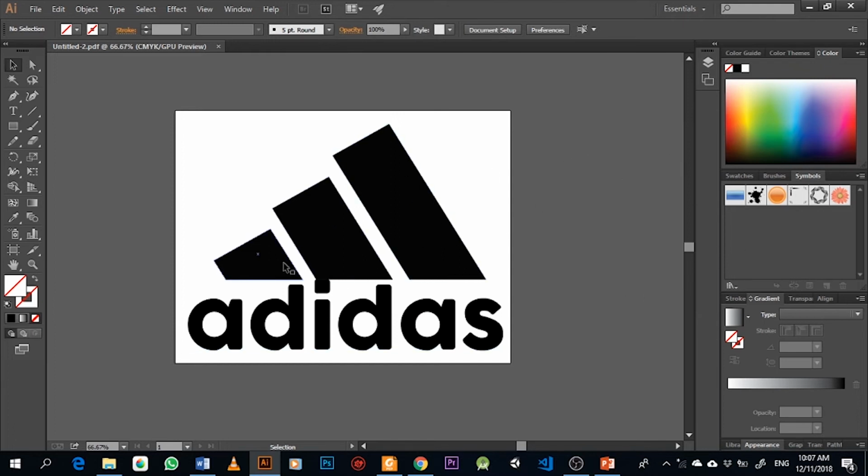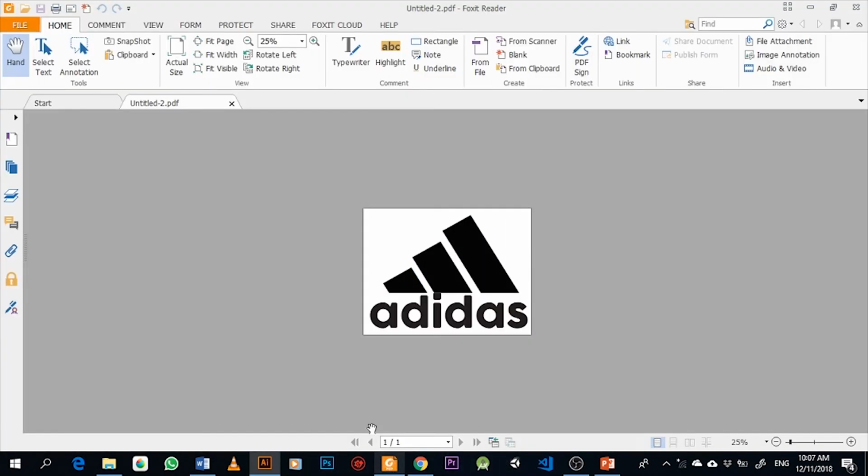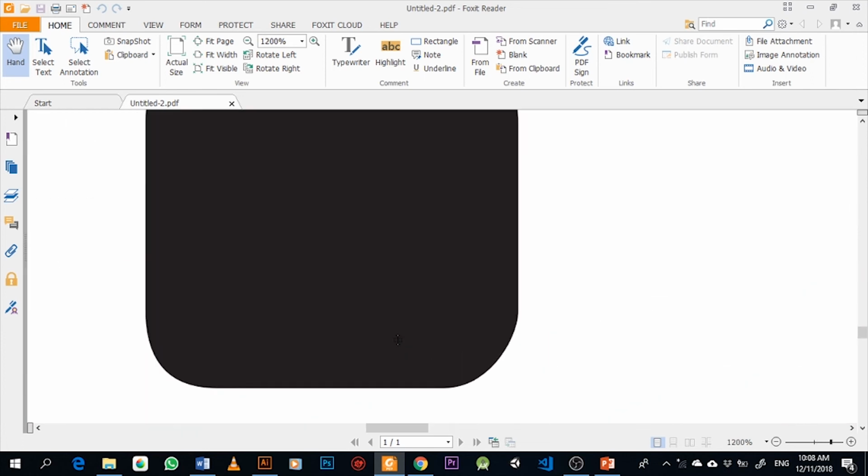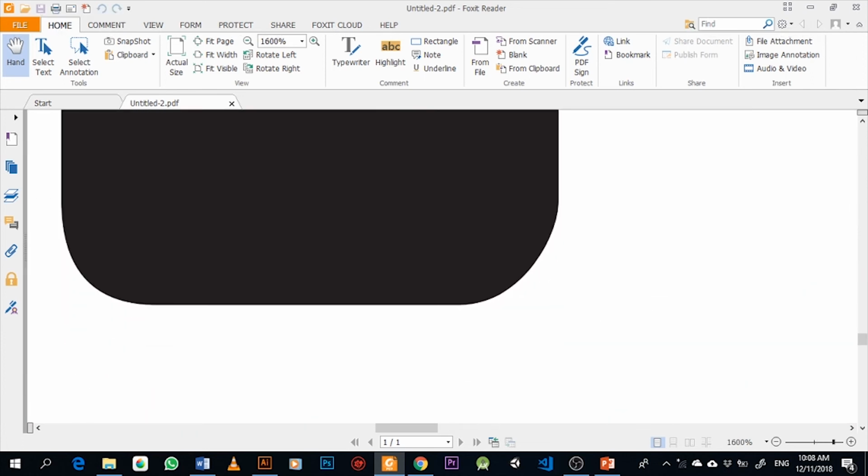If you import any image inside here and you save it as PDF, it is still pixel based because that is the original of the image. But if you create the object inside Adobe Illustrator itself, like this object and this text, if you zoom out, it will be vector based,